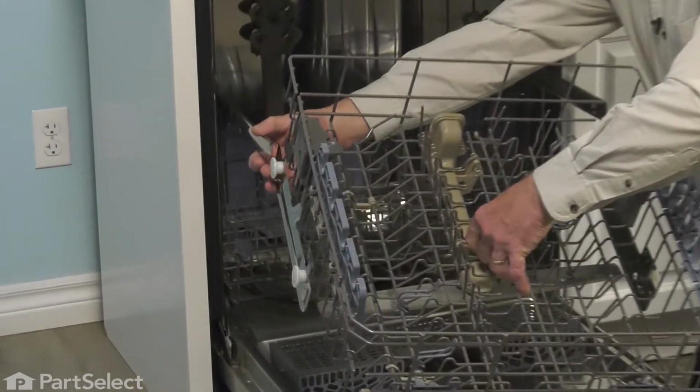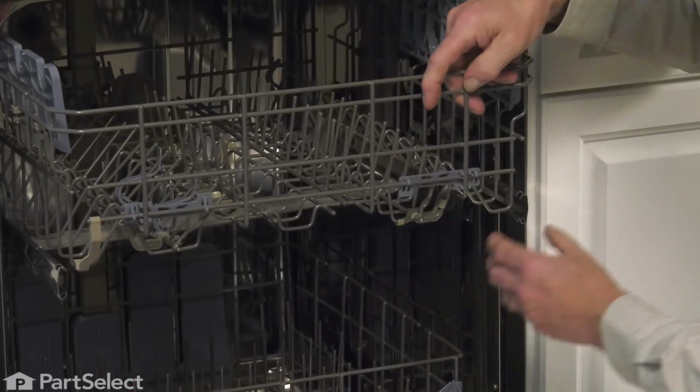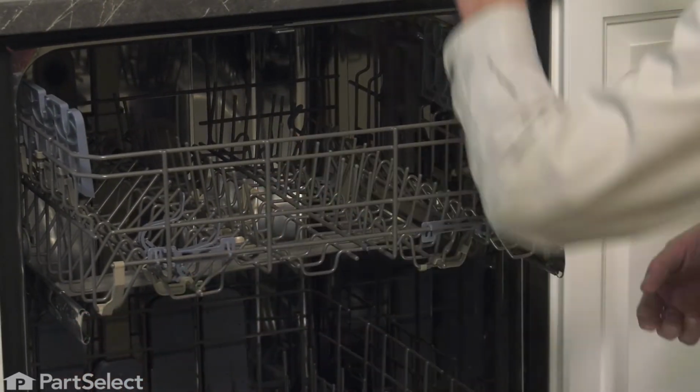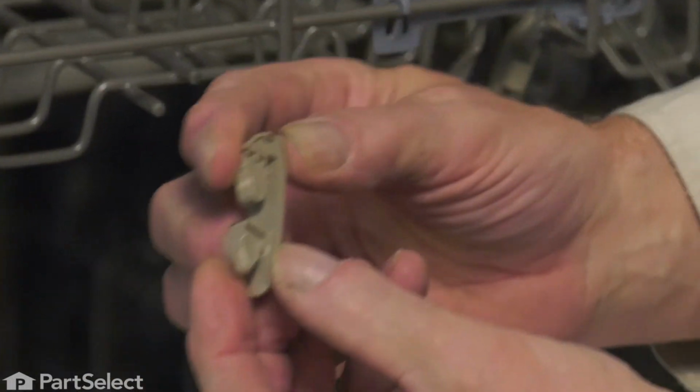So just make sure that we get both rear wheels lined up first, and engage both front wheels. Push the rack back far enough that we fully expose the end of those rails. And to insert that rack stop,